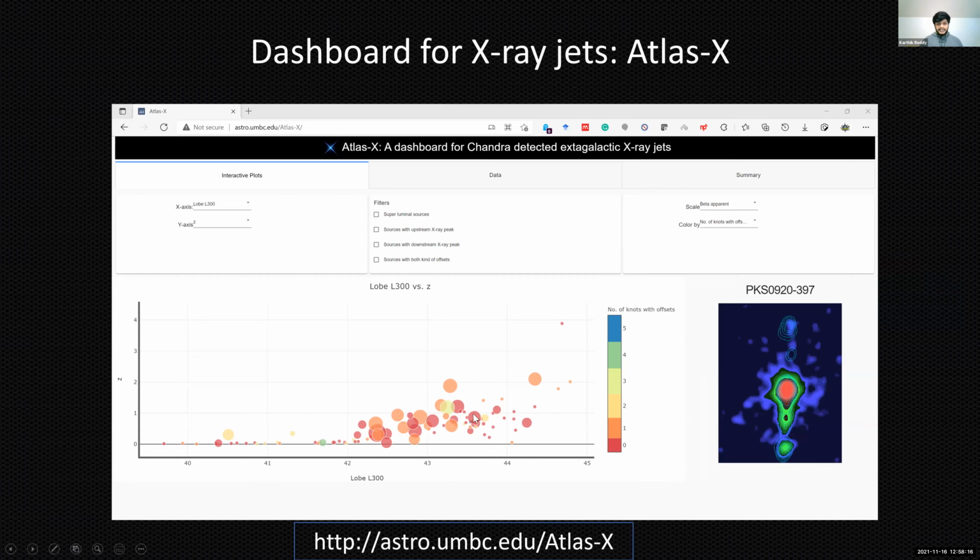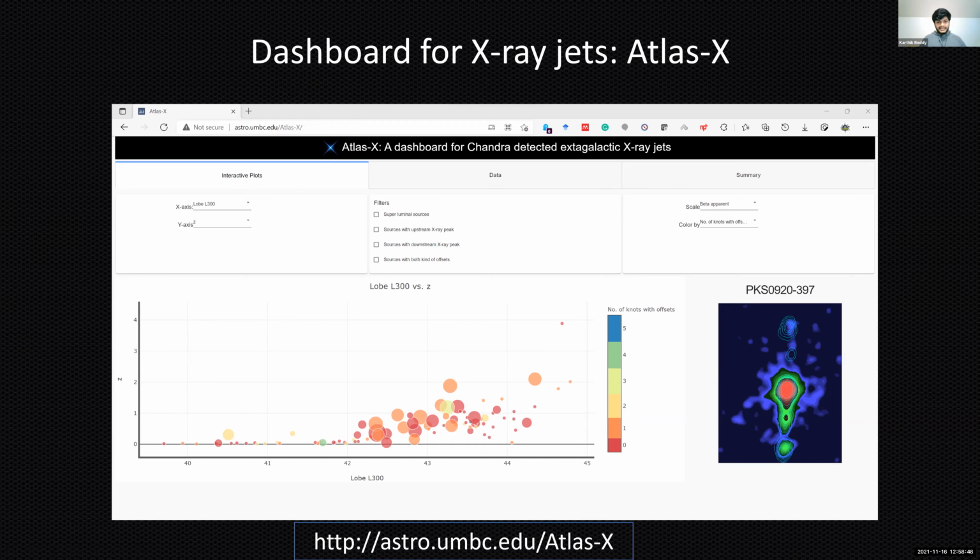So this will have 3 different tabs. In one tab you can interactively explore multidimensional relations between the data points. For example, this one shows the lobe luminosity of the source at 300 megahertz versus the redshift. We can filter the sources. We can scale the sources. For example, here it's scaled according to beta apparent, and it's colored according to the number of nodes with offsets in that particular source. And then you can also